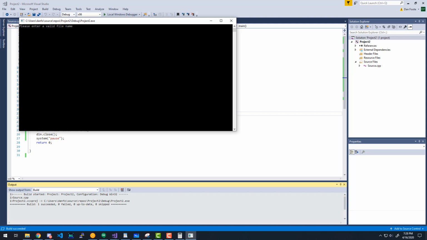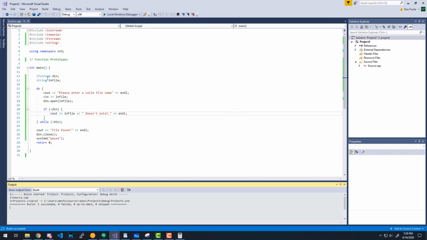So please enter a valid file name. Test. Test doesn't exist. Please enter a valid file name. Now this is getting pretty user friendly, right? File found. Awesome. I know everybody's not quite as excited as I am, but I'm excited